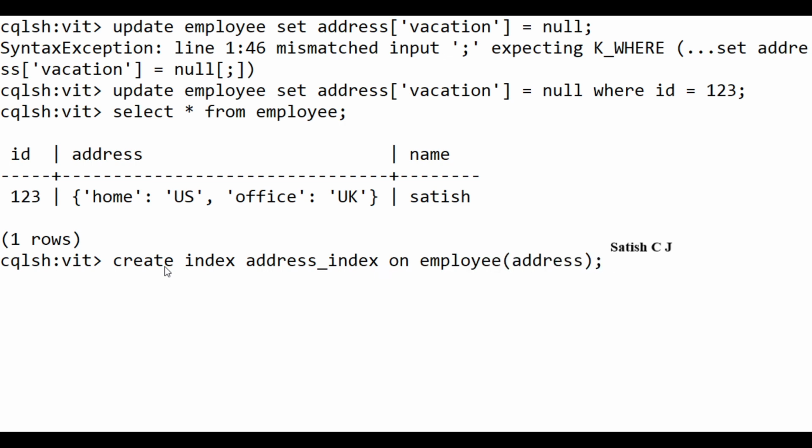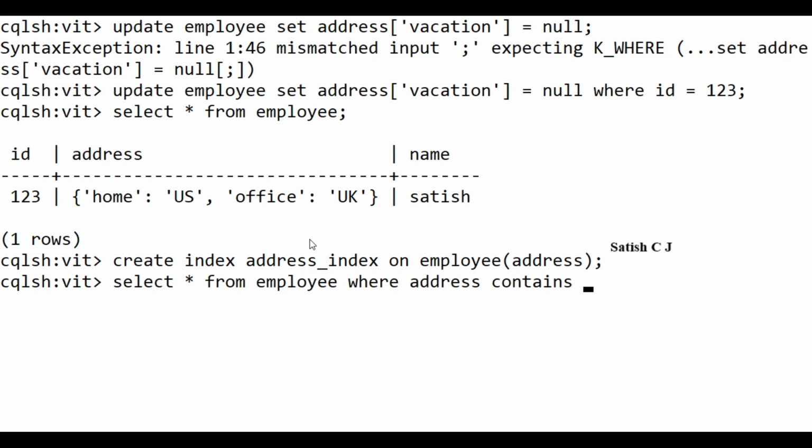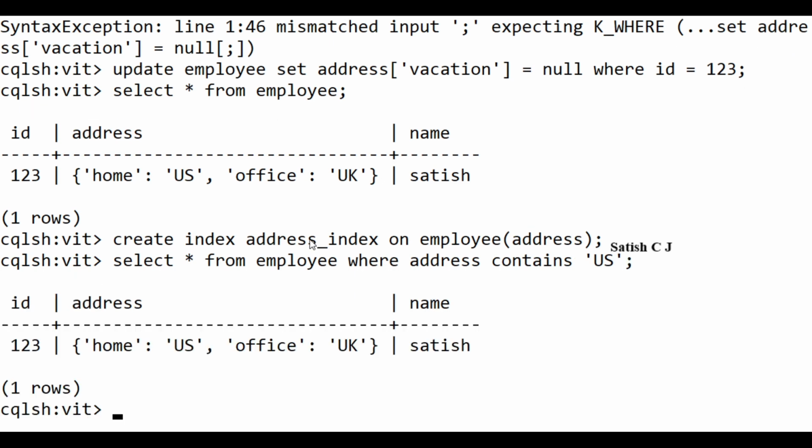Let me first create an index, and now I want to search, say, where address contains US. I want to search all the employees whose address contains US. How can I search that? I can do select star from employee where address contains US. Since US is a string, I'll just give it in quotes. So now I'm able to retrieve that.